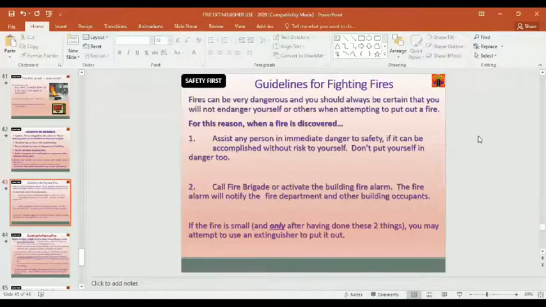Don't put yourself in danger too. Call the fire brigade or activate the building fire alarm. The fire alarm will notify the fire department and other building occupants. If the fire is small, and only after having done these two things, you may attempt to use a fire extinguisher to put it out.